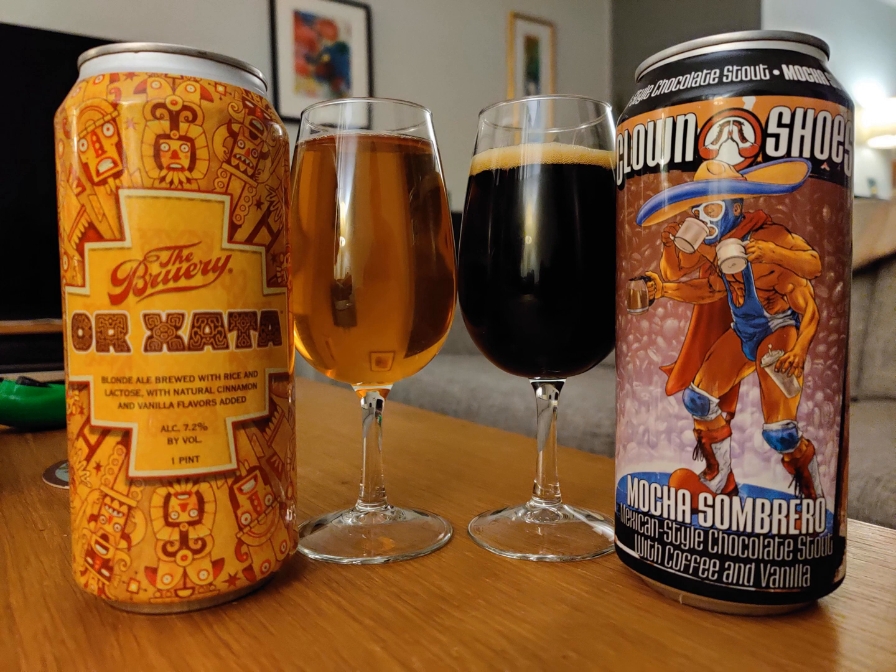So the brewery is from California. It's a blonde ale brewed with rice and lactose with natural cinnamon and vanilla flavors. So it has everything. And horchata is really